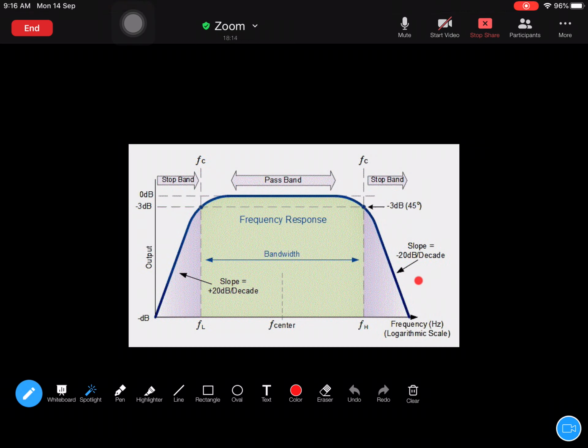So our goal is to operate the transistor only in this range, FL to FH. The study of the transistor characteristics below FL is called the low frequency response. Why we have to study this is because we should make sure that the transistor does not operate in this range. So we have to determine the FL value. Once we determine the FL value, you know that you have to operate the transistor above it. Similarly, high frequency response will also be there, which we will deal with later. Today we will be dealing with low frequency response.